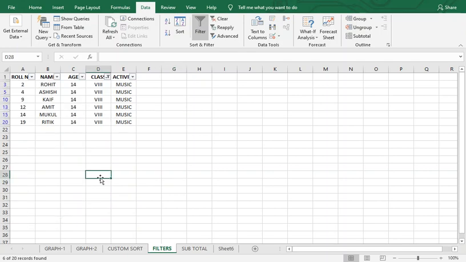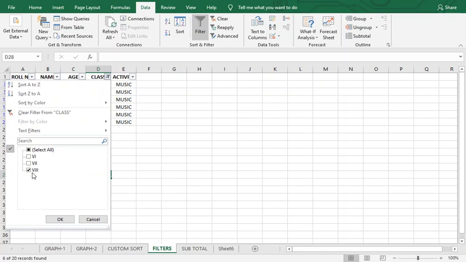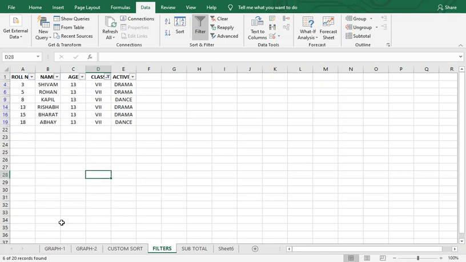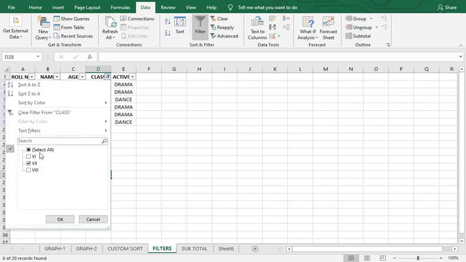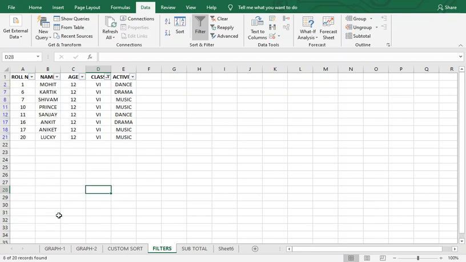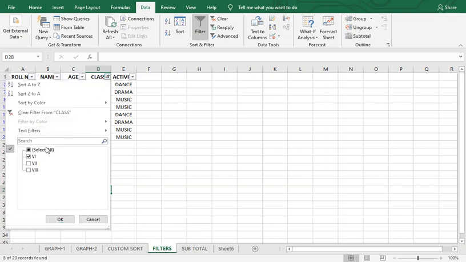From class 8th there are 6 students who have given their activities, and similarly we can find out for the other classes. See, the maximum, 8 students, are from class 6th. Once again, select All.